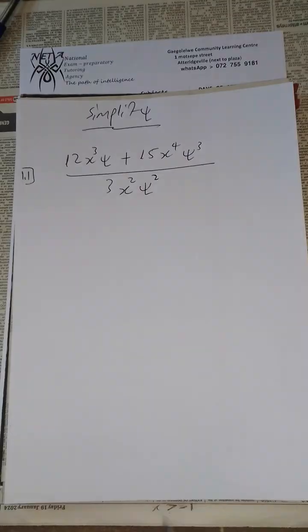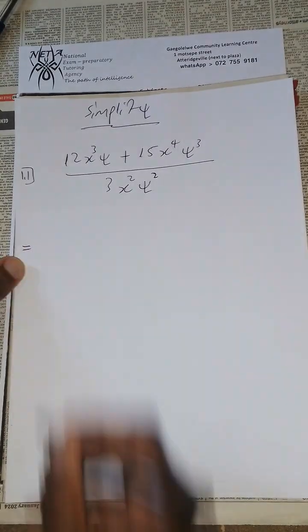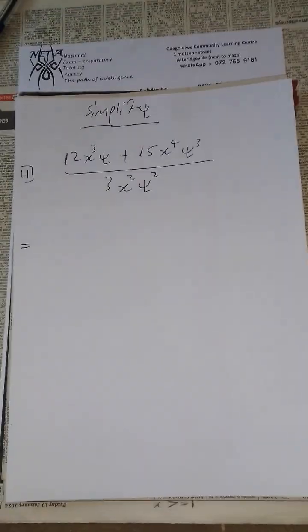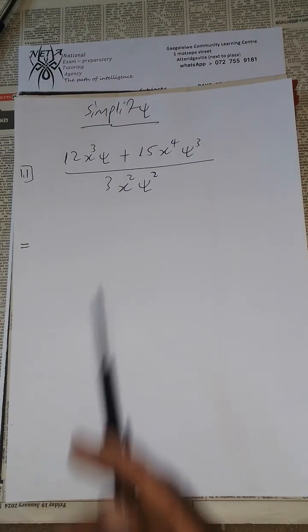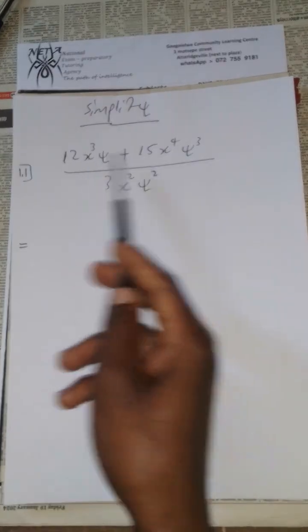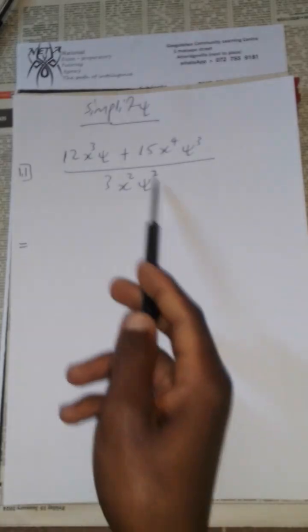When you have a fraction, there is an observation we can clearly make: your given fraction has two terms in the numerator and one term in the denominator. And because there are two terms in the numerator